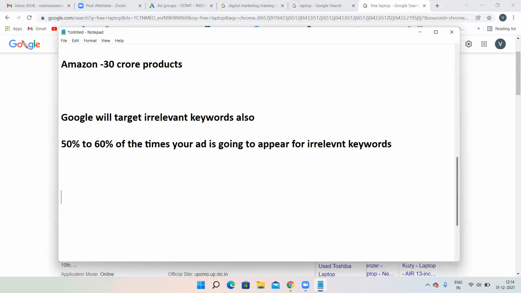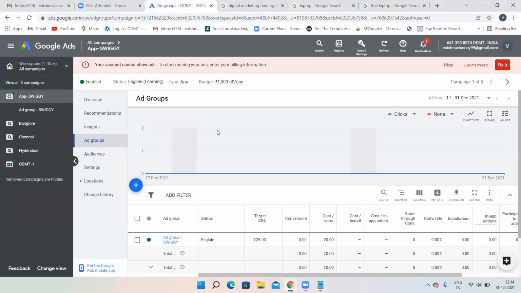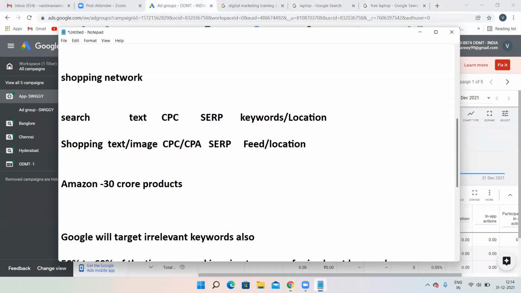One thing you have to remember over here is, I told you that you have to set up a feed, but in your Google Ads account, there is no such option called feed. You cannot create your feed in your Google Ads account. There is no such option to create a feed. Because of that, you have to create your feed in a Google Merchant Center account.